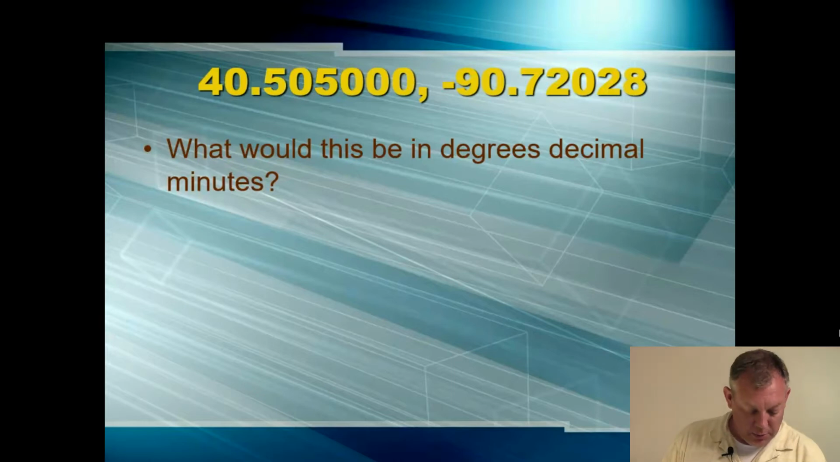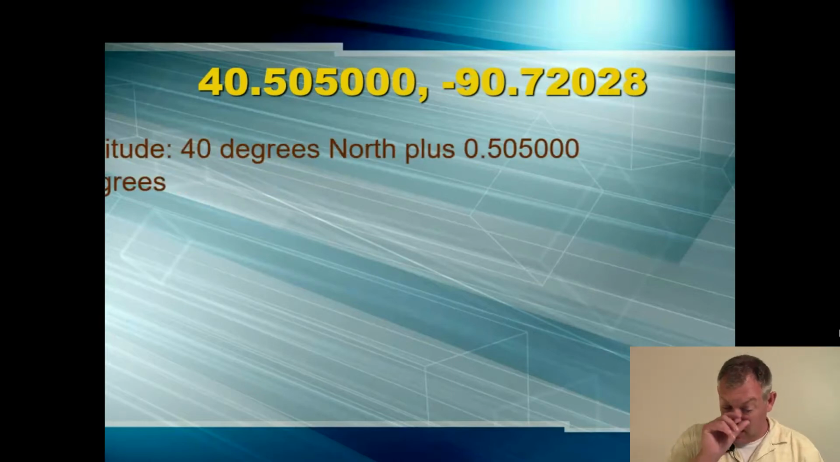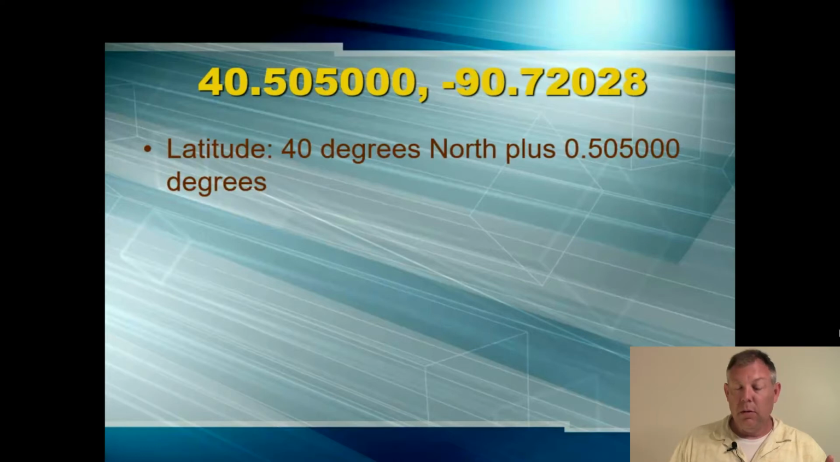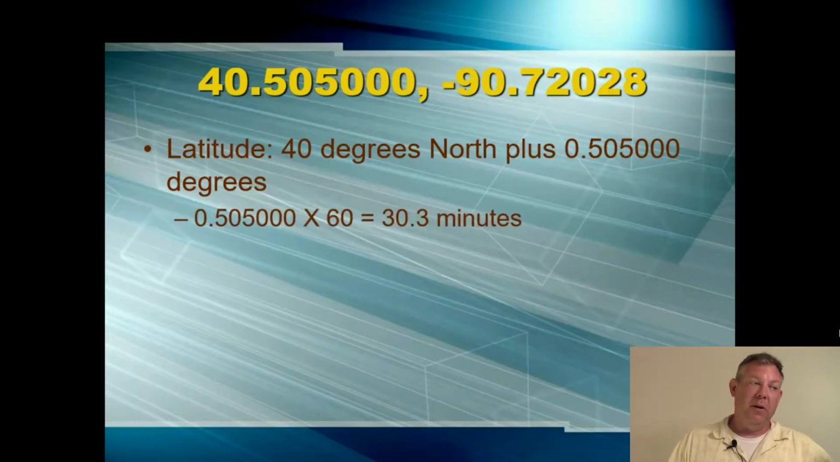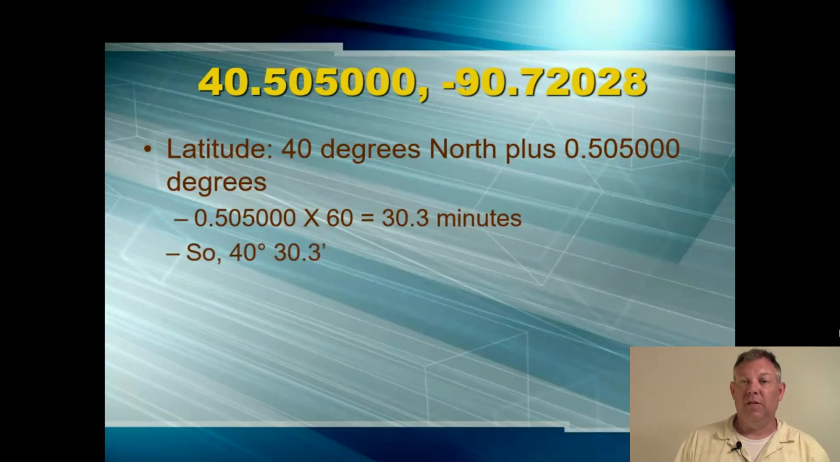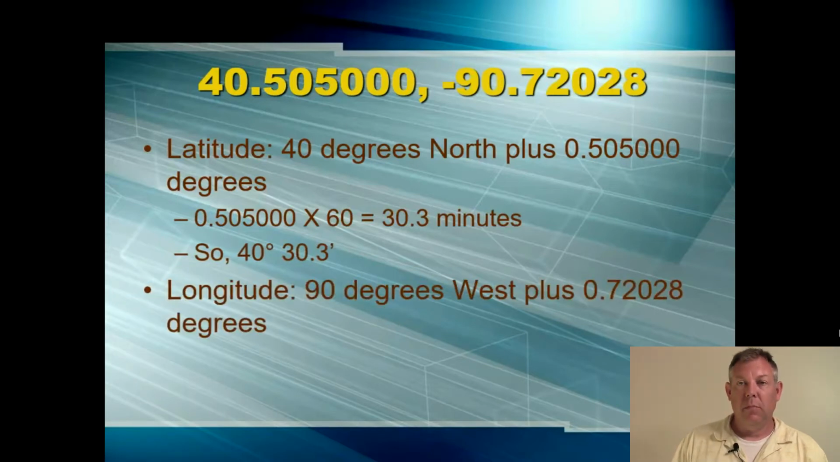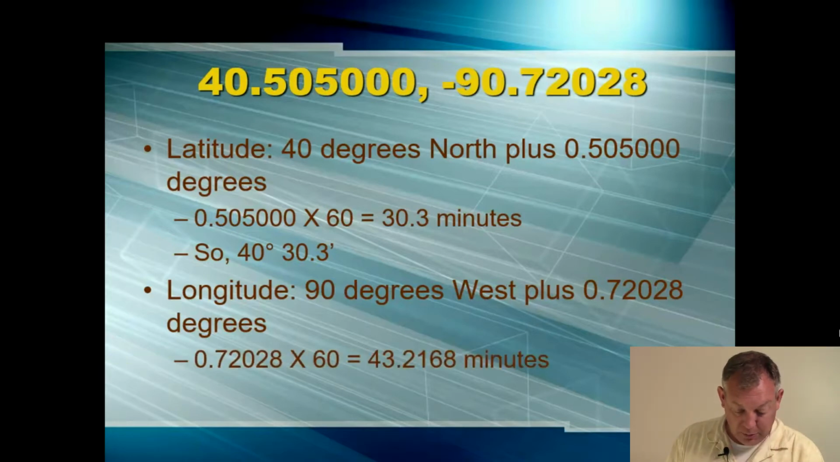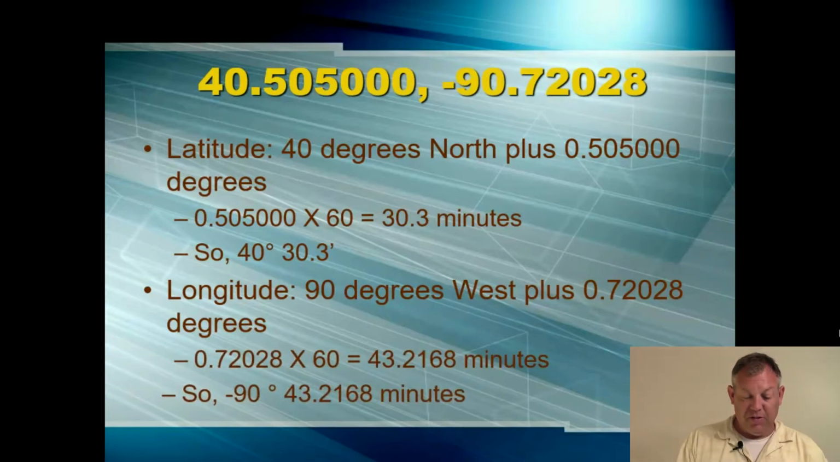Okay, so let's see if you got the answer correct. The latitude is 40 degrees north plus a fraction. So let's take that fraction and turn it into minutes. Whereas before we divided by 60, now we just times by 60. 0.505 times 60 is 30.3 minutes. So our latitude is 40 degrees, 30.3 minutes in this system. Just that simple. And your longitude, by the same logic, take the 0.72028 times 60 is 43 point something minutes. So our longitude is negative 90 degrees,